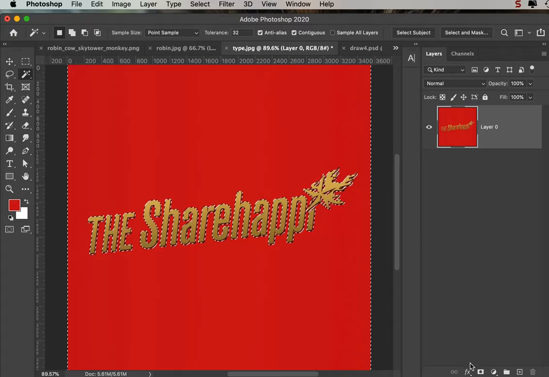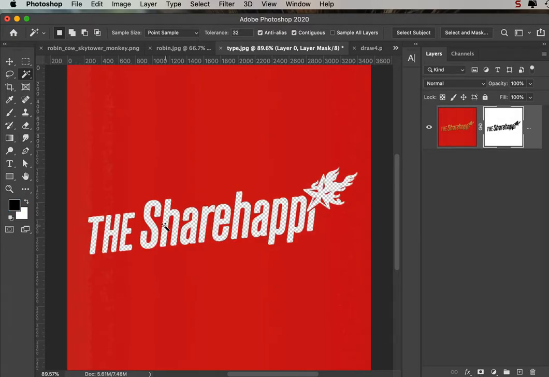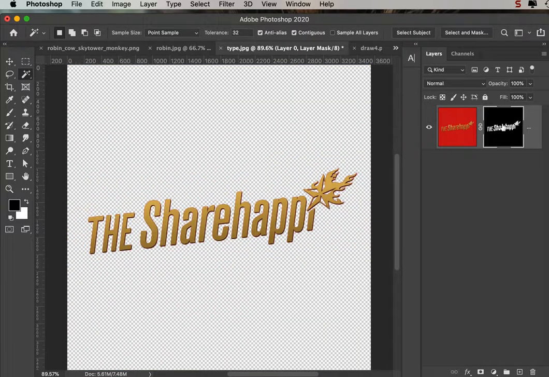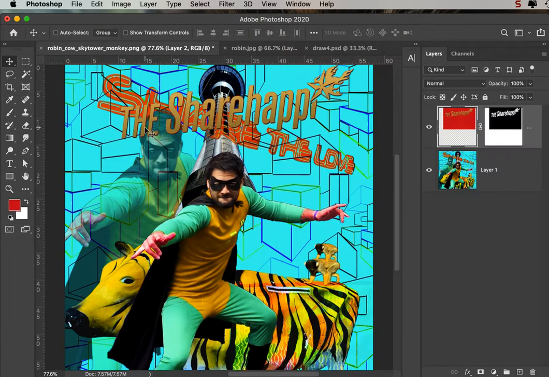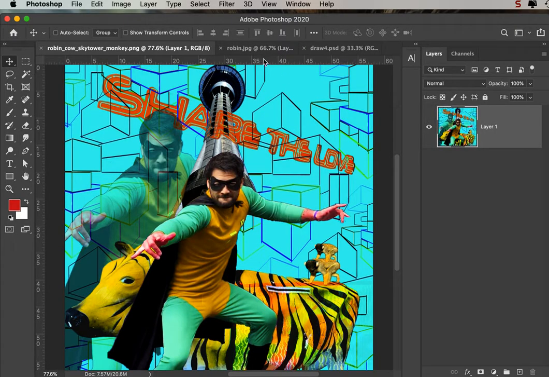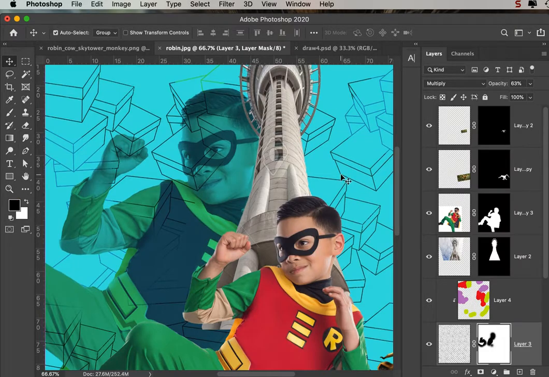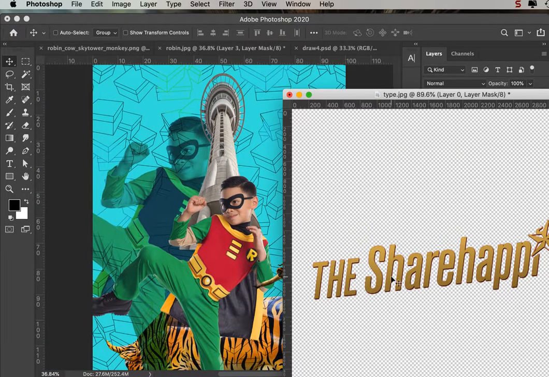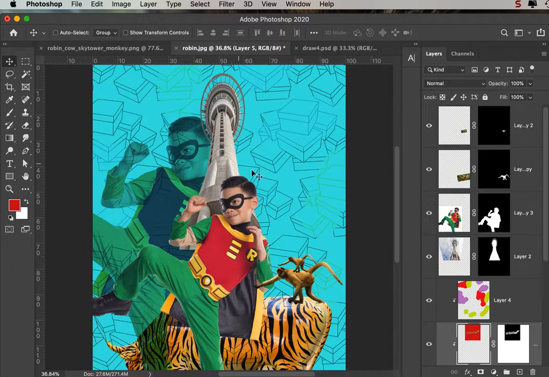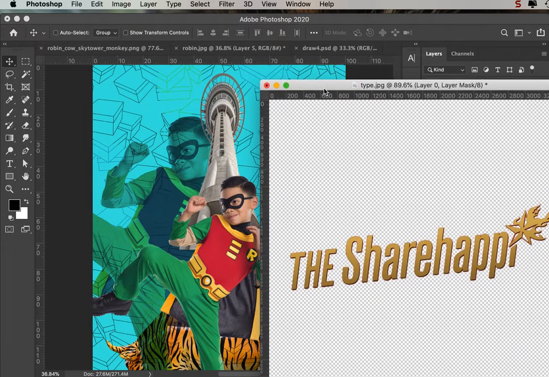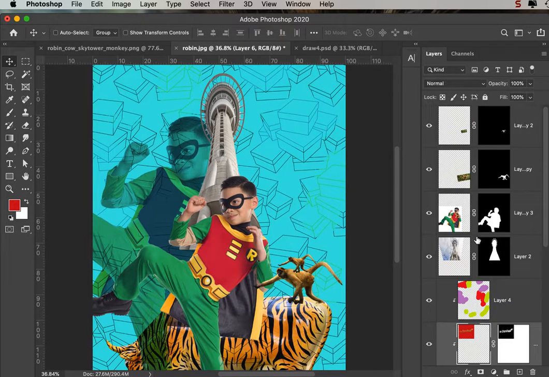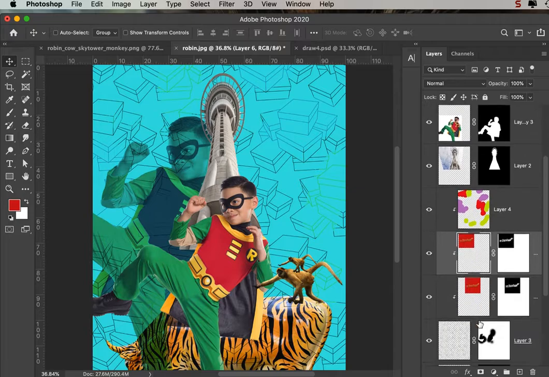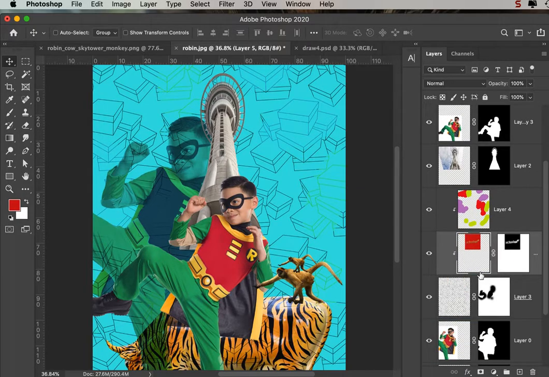I'll go OK. I can click the mask. Okay, it's the wrong way around, so I know I just click on the mask and I go Command I. Got this layer mask now, whoops, not putting it on your image, I'm putting it on this one. Copy it across. Oh, okay, it's in there. It just automatically came up